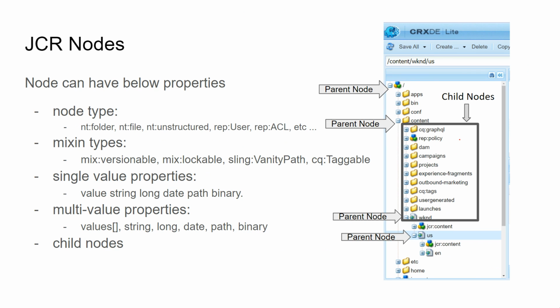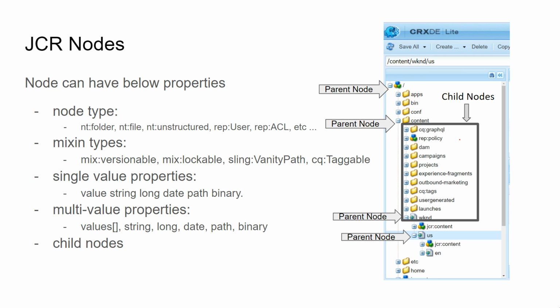Similarly, there are other attributes which can be single-valued or multi-valued. I have given one more example here, mixin type. Mixin type is an attribute and its value can be empty, a single-value property, or a multi-value property. So mixin type can have mix:versionable, and then we can add one more attribute value inside that. When we give single-value property information, its value can be a string, a long integer, a date type,